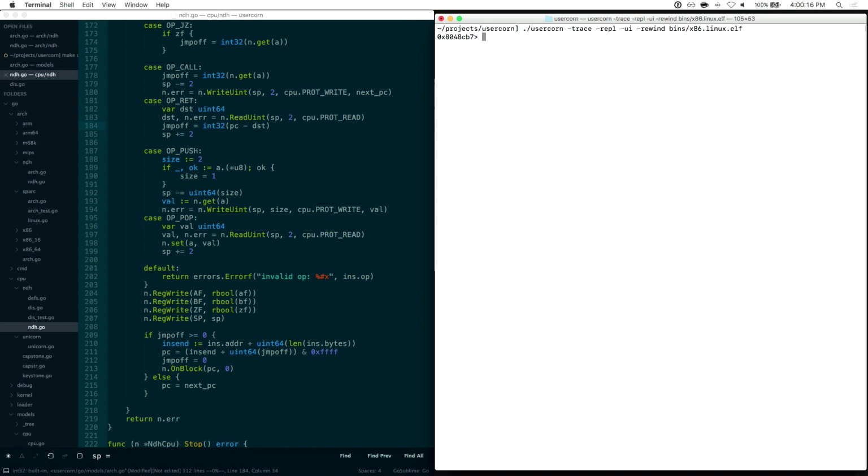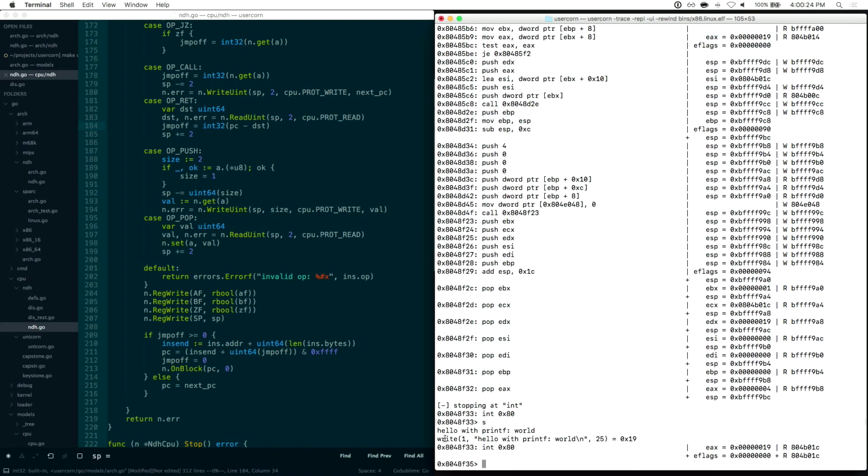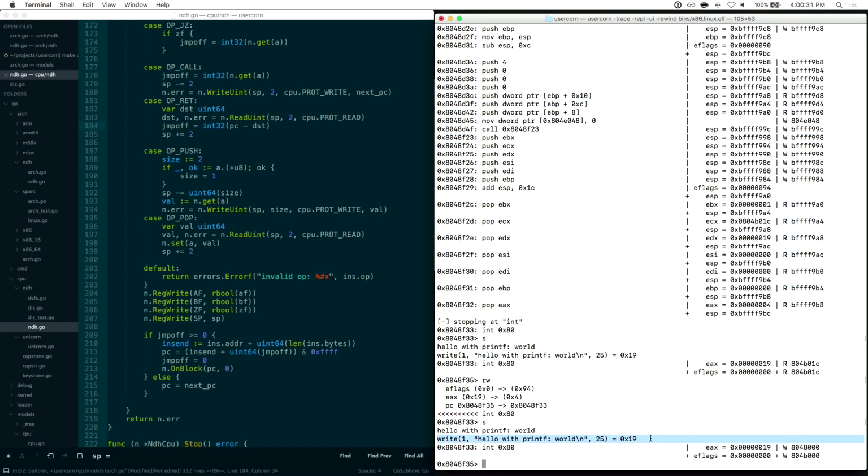If I run until I hit a syscall, here's like a hello world print, and then I can rewind one, and then step, and I get another hello world print, for example. I don't know. I will take a short break and then fix whatever problem is